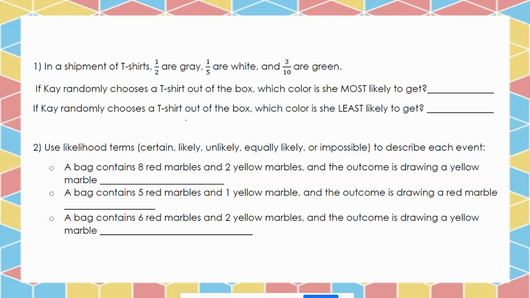Number 1 says, in a shipment of t-shirts, half are gray, 1/5 are white, and 3/10 are green. If K randomly chooses a